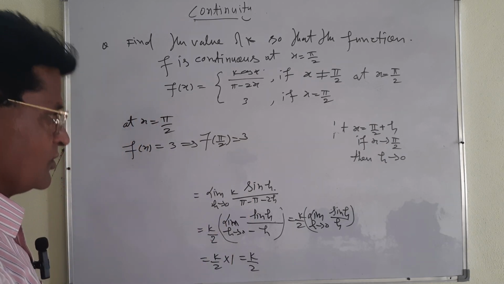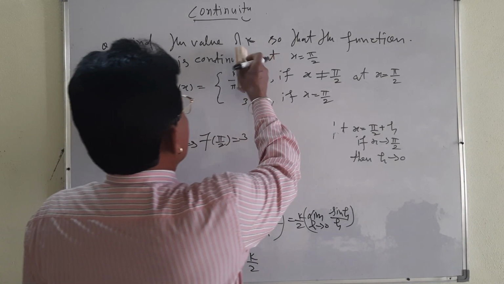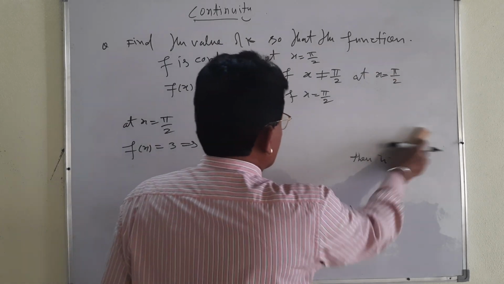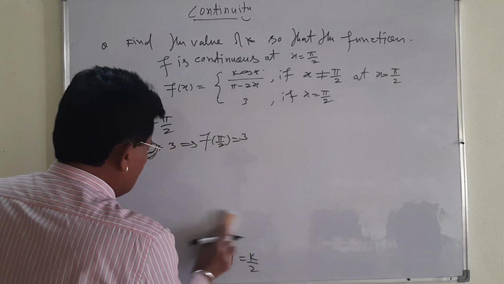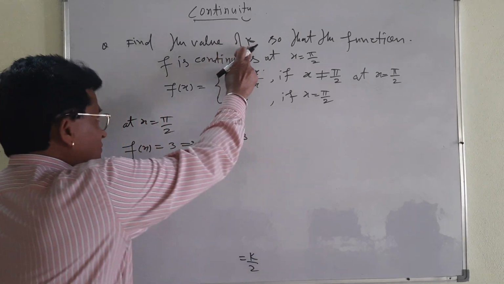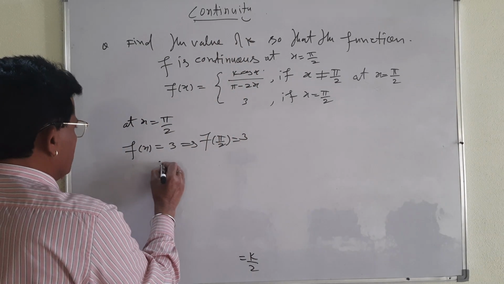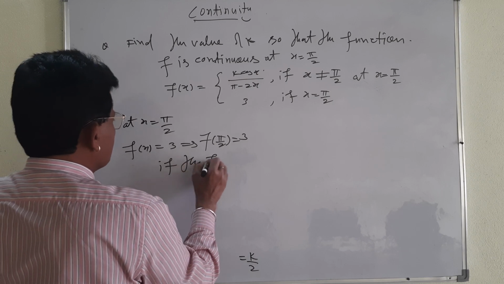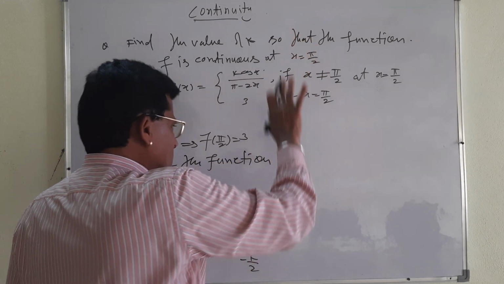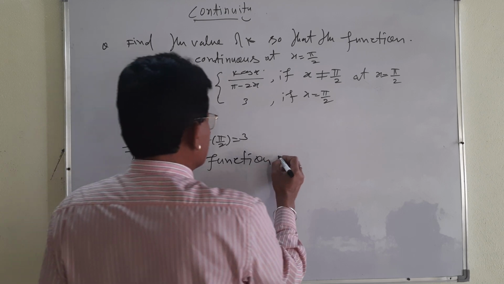Okay, you see here it is given: find the value of k so that the function is continuous. Okay, let me show how you will find out the value of k. See, value of k, because here it is given the function is continuous, find the value of k. If the function is continuous,